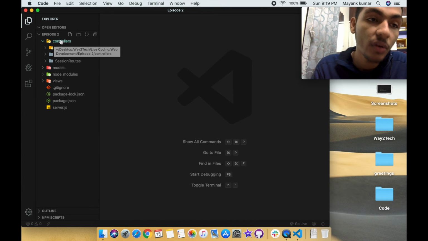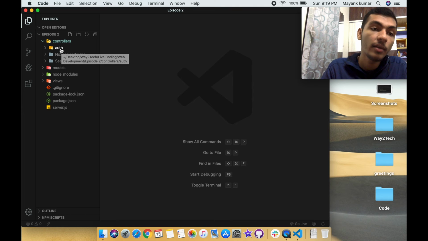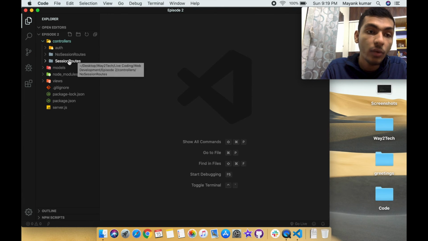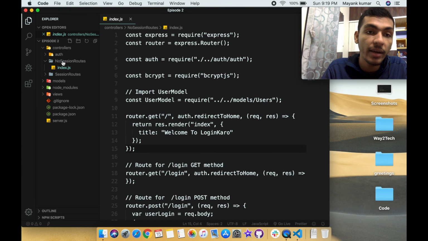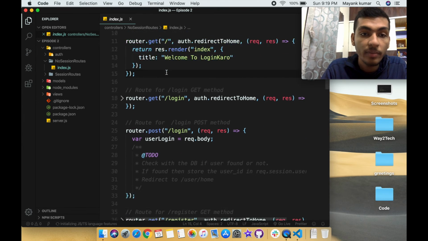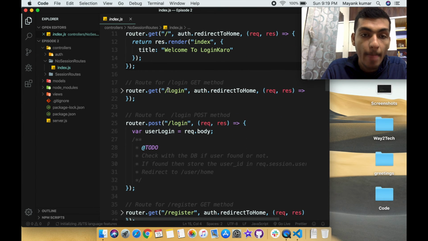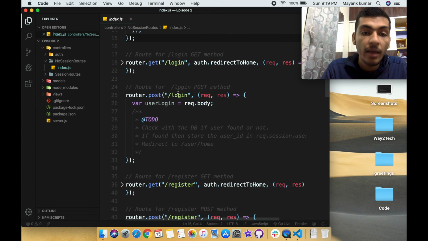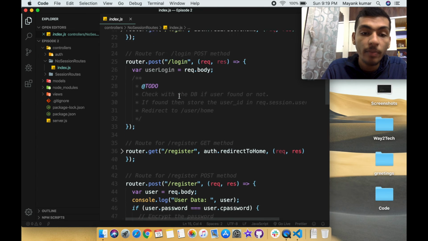So inside the controllers we have the auth controller, and the no session routes and the session routes. So no session routes are these, index.js. Here we have a slash get route and slash login, and we are also doing the slash login thing which I have to perform,